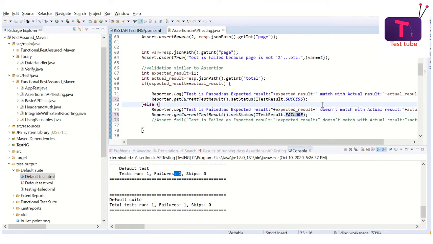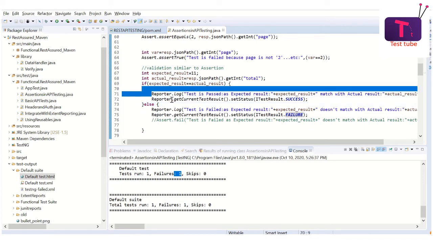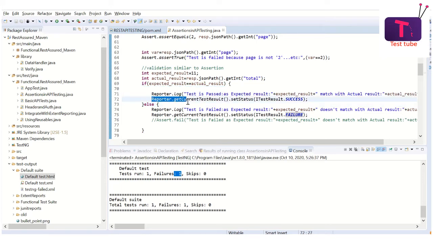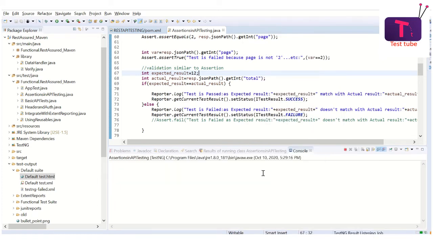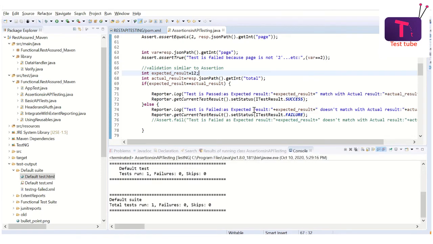See, now let us talk about our two objectives. One is print the message and set the correct execution status. Now let us see if this is achieved or not. Right? Let me run the pass test. Now it has run, so first of all, let us see whether this is really 12 or not.